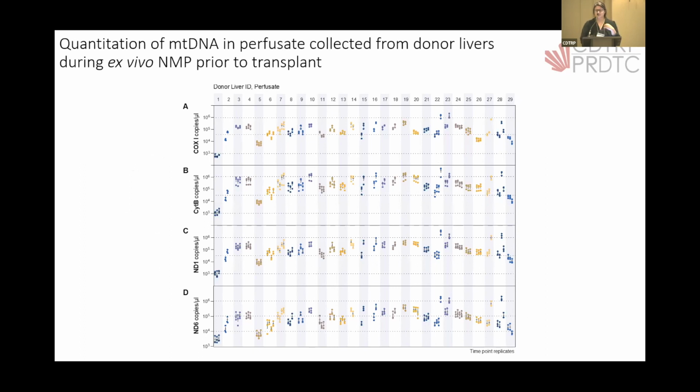And here's what the quantification actually looks like. So each row is a different mitogene. Each vertical column is a different donor liver that was perfused prior to transplantation. And then each dot is a progressive time point over the course of perfusion. So regardless of the mitogene, we get similar answers. In about 7 of the livers, we saw a progressive increase in mitoDAMPs over the course of perfusion. And our early analysis indicates that these might be associated with a greater incidence of early allograft dysfunction. So we're excited about that, but grain of salt because it's a very small n.